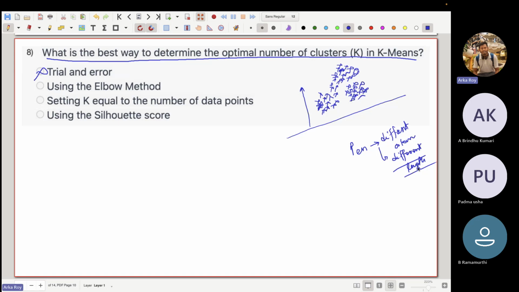So the main point is, in the first example, I told you red color, blue color, green color, based on this someone has grouped. Someone has grouped based on the type of the pen, whether it is a ball pen or a gel pen. So now the number of clusters is two in this case, ball pen or gel pen. In the previous case, the number of clusters was three: red, blue, green. So that means the optimal value of K may vary, and it is problem specific,